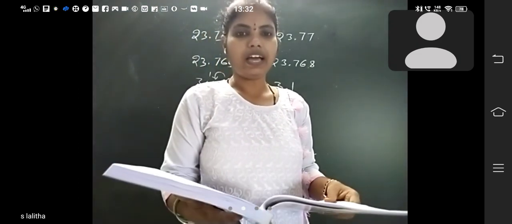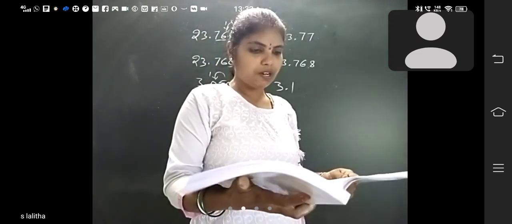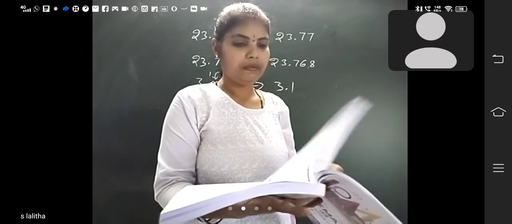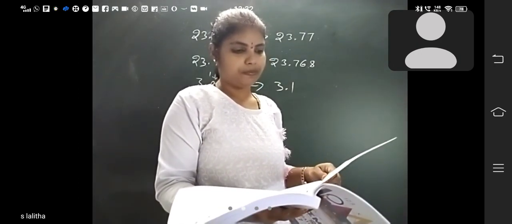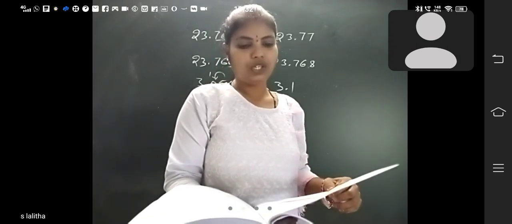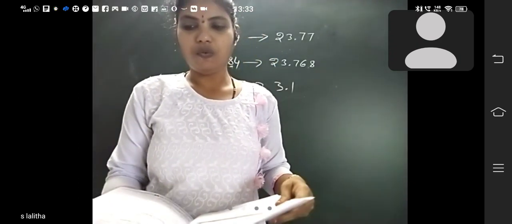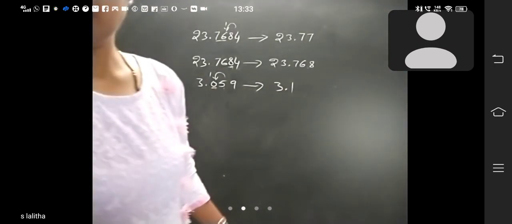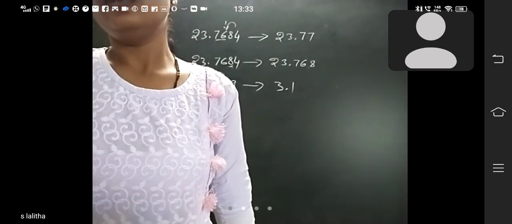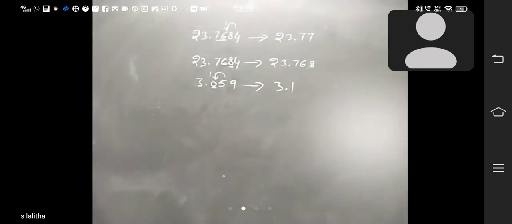Those who have IIT books, do page number 28, 29, page number 30 up to matching. Up to matching you should do the bits. That is the homework for you. Those who do not have IIT books, I will send the pics to you. You can do that and send it to me. Already I sent the first chapter key. You have to check the answers now.